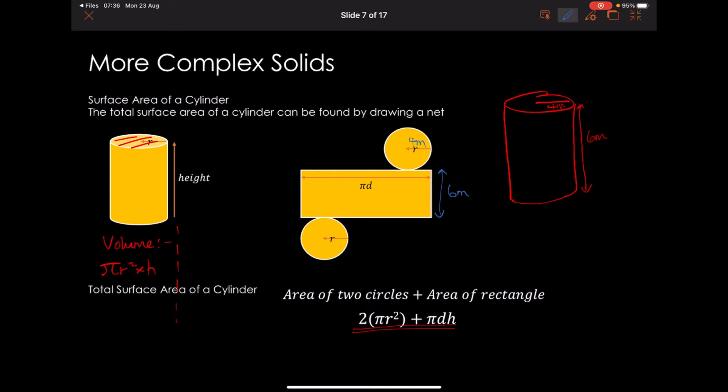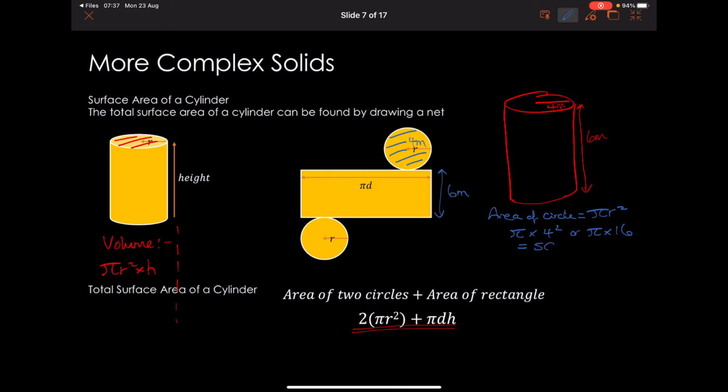I want to work out the surface area of this circle first. So area of circle would be pi r squared, okay? So I'm going to do pi times by 4 squared, or pi times 16, all right? So if I worked that out, sorry, I'm just doing it on my calculator so that I can give you an accurate answer,